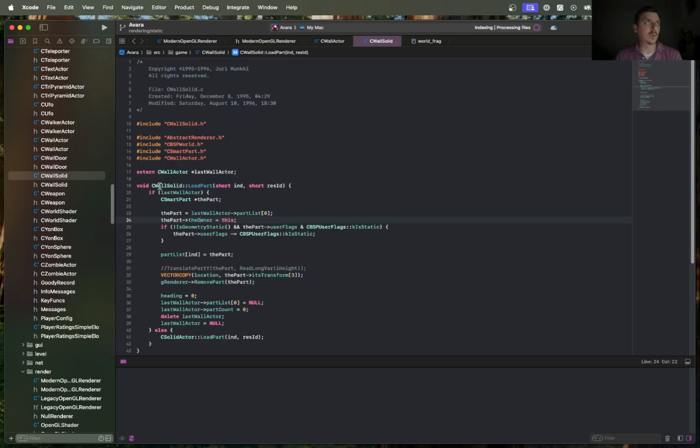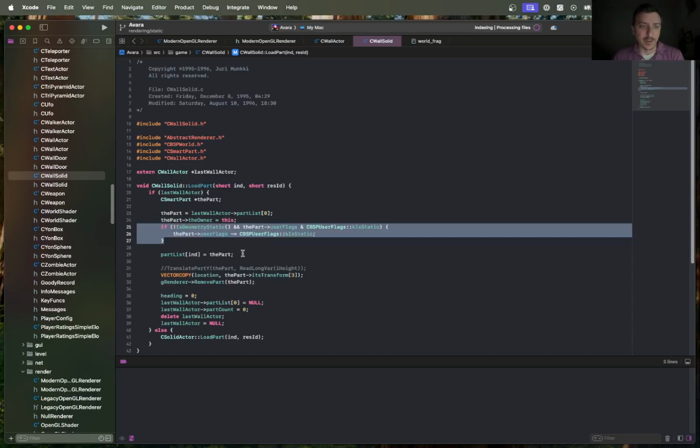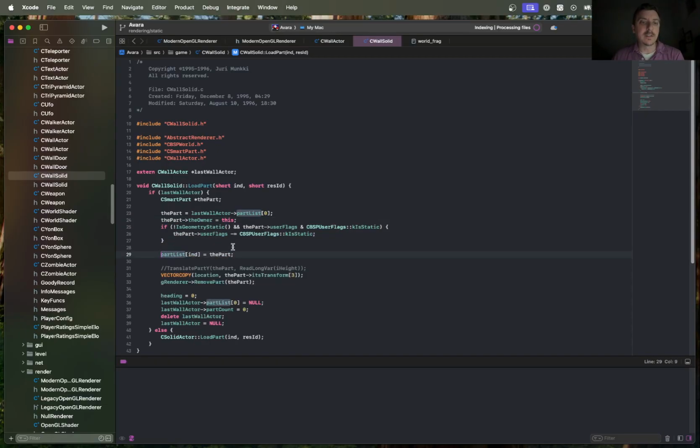So now a C wall solid. This is new. Ignore that. And then it assigns the internal part list for this wall solid to the part pointer from that last wall actor, and whatever does the transforms, removes the part that belonged to the C wall actor